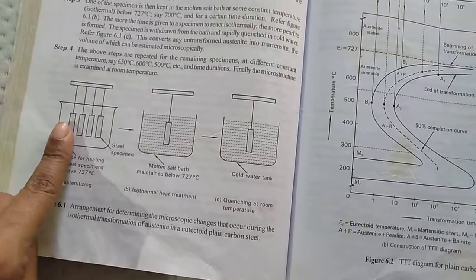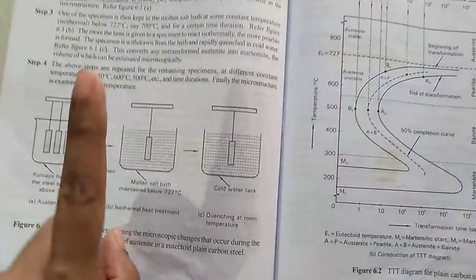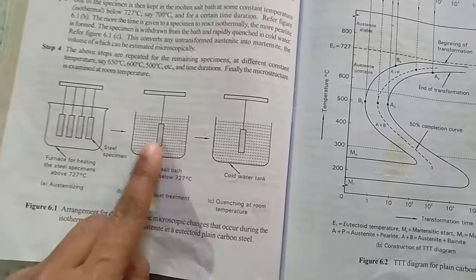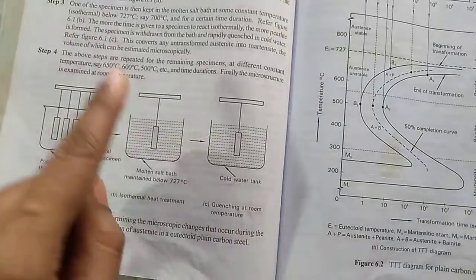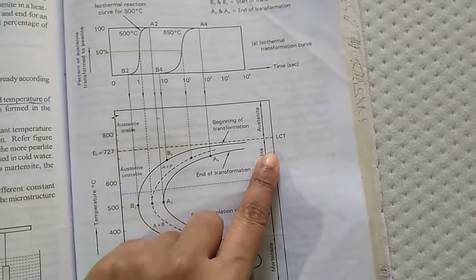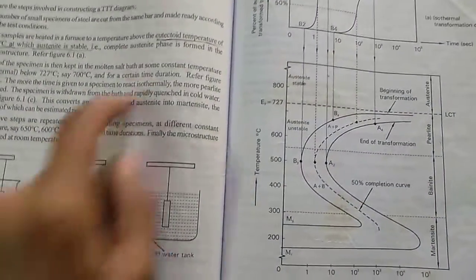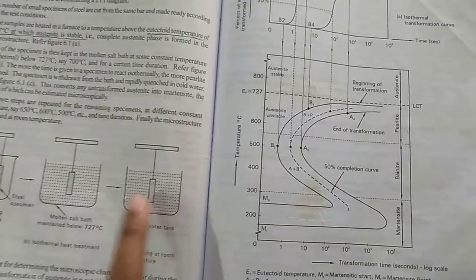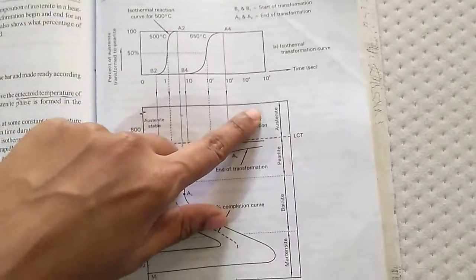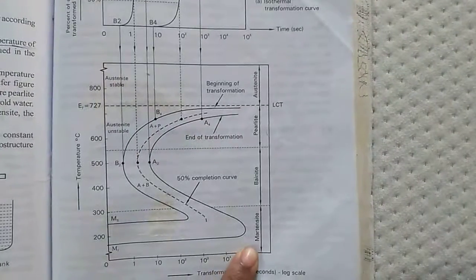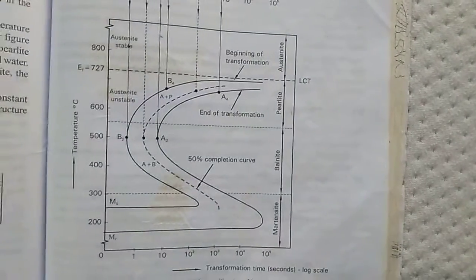This was here in the austenite. You brought it here. You retained it here for a longer period of time. It will convert to the next stage, pearlite. But what I will do is, after cooling it for just a few seconds, I immediately bring it down to a cold water tank. So what happens, right from austenite, immediately the material is changed to martensite. Why am I doing this? Because to find the various phases, that's all.